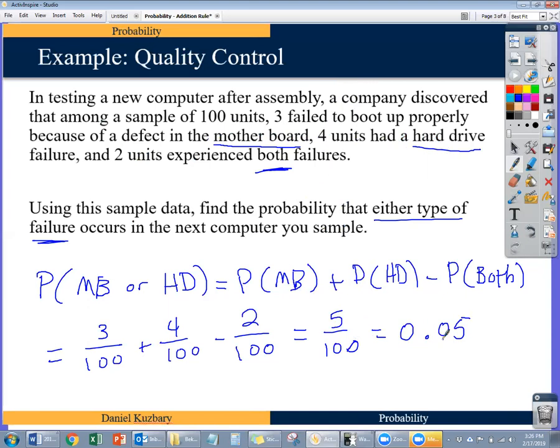Now, based on your management, your protocols or whatever, this is the kind of number that you want to be as small as possible when you're producing things. You want as few defects as possible, and so if you think that anything 0.05 or less is acceptable, then this is acceptable. If you want even higher quality, then this may be unacceptable, but this is going to be a helpful number, and we use the addition rule to find it. Now let me show you,